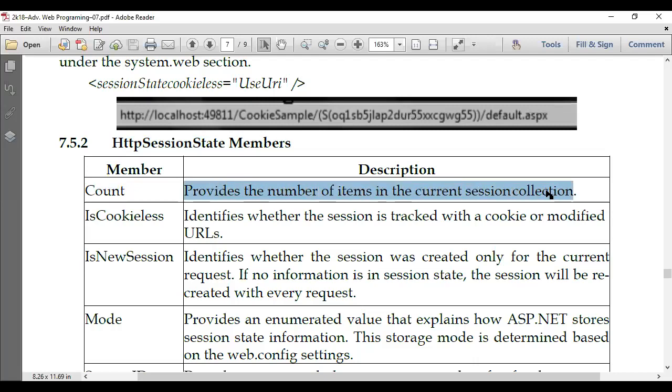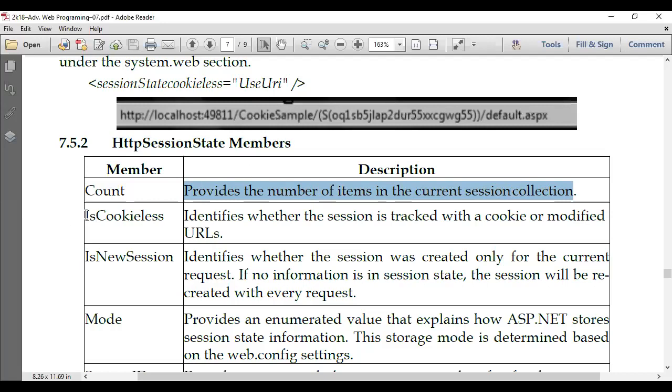So it will tell us how many session variables you have created. There is no need to create only one variable, but once you have created one, a session ID will be generated. Then you can create 4, 5, 6, up to n variables, but there will be only one unique session ID.